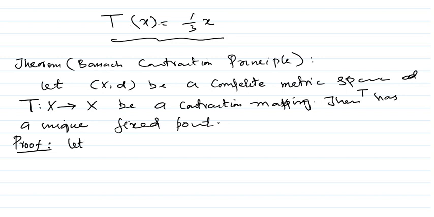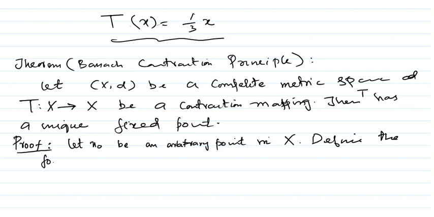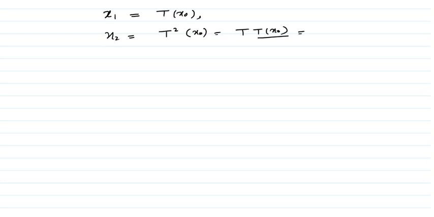Let x naught be an arbitrary point in X. Now we define the following sequence. This x naught is obviously the first term of this sequence. So let's define the next term, which is x1. That's equal to T of x naught. Then you define one more term, x2, that's equal to T square of x naught. Actually you are applying T twice on x naught,